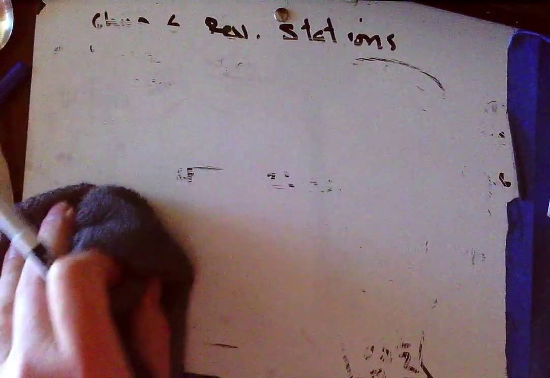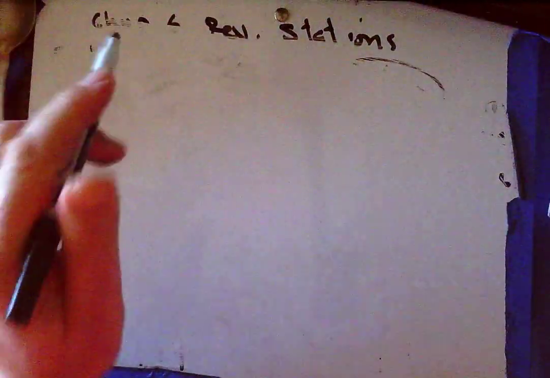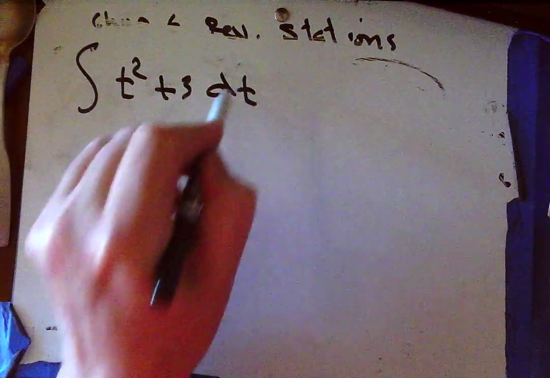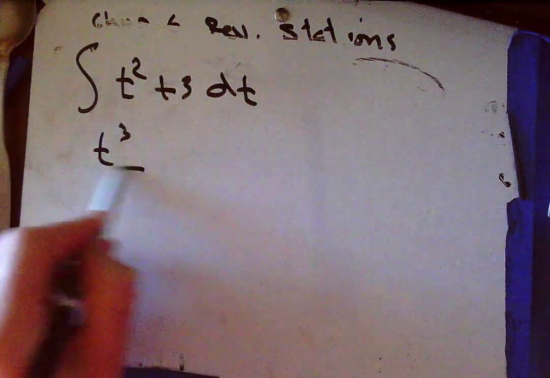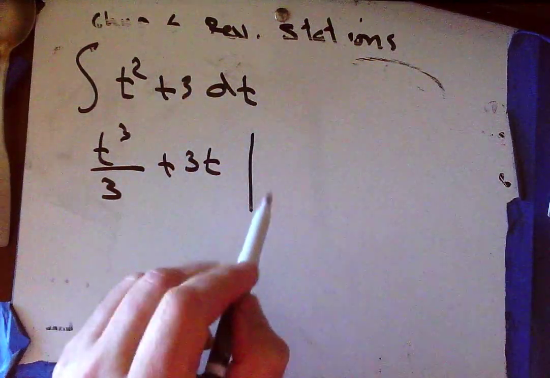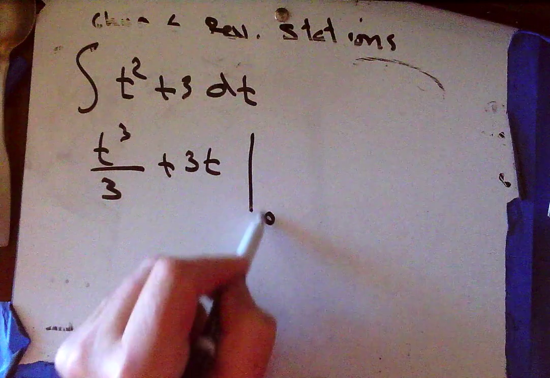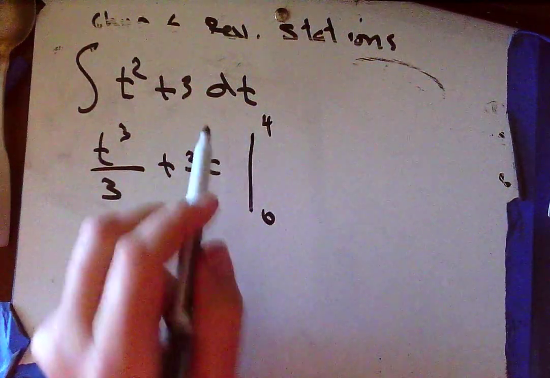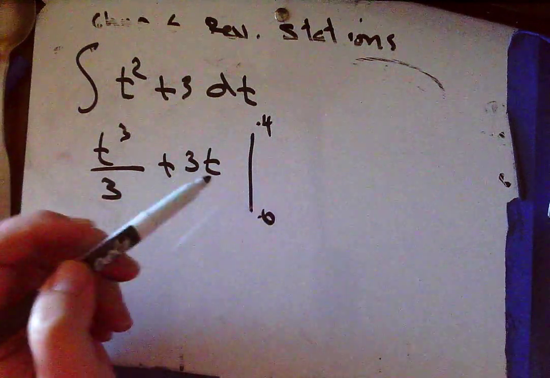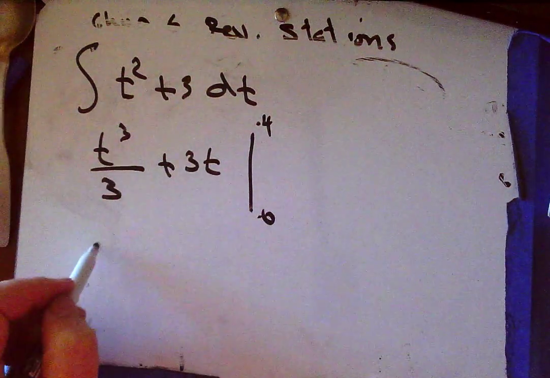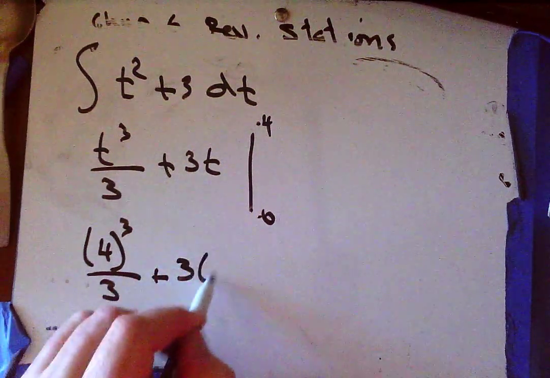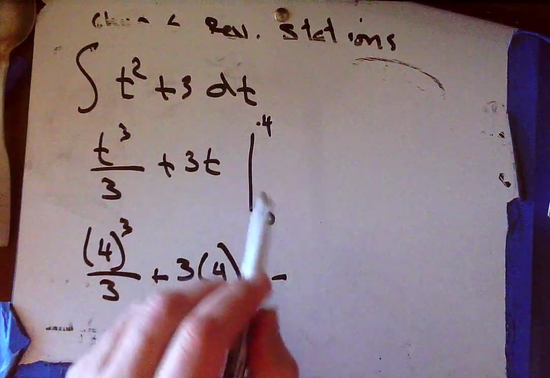Question 2 here says, evaluate this integral, t squared plus 3 dt. Okay, so that's going to be t to the third over 3 plus 3t. And since we're doing a definite integral from 0 to 4, I don't need to worry about the plus c, because those plus c's with this and this will cancel each other out. So I'm going to have 4 to the third over 3 plus 3 times 4 minus,